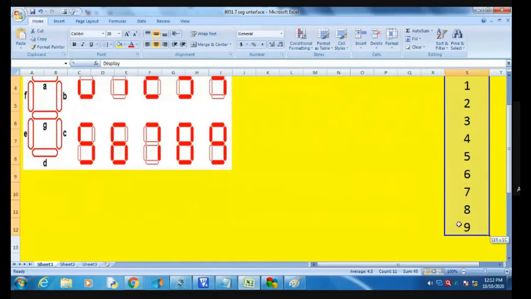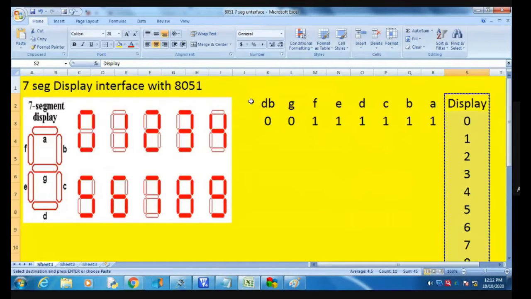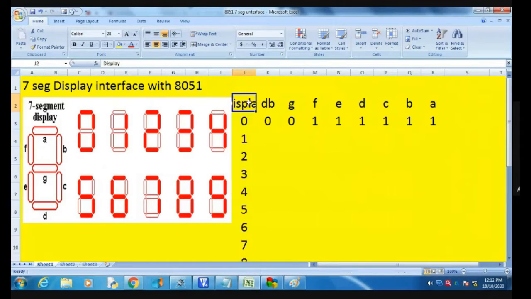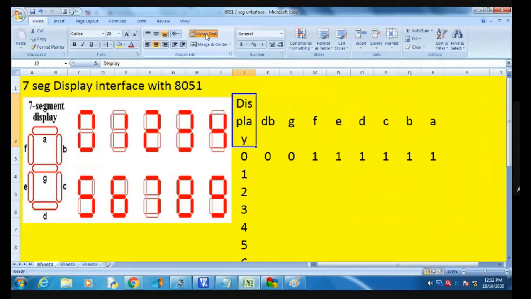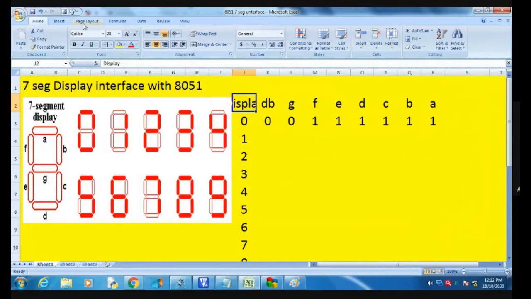So for 0, the bits are 0, 0, 1, 1, 1, 1, 1, 1.